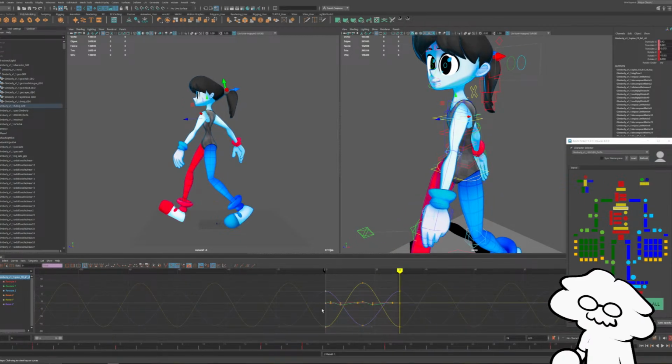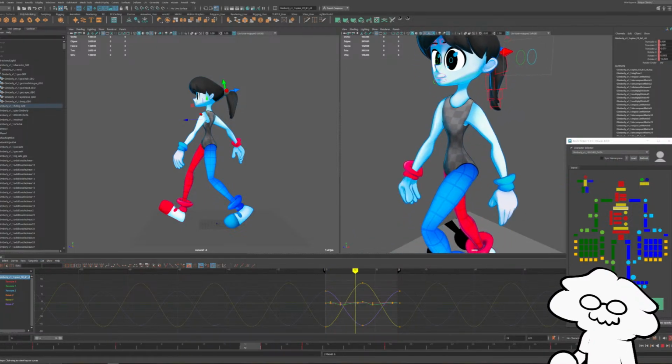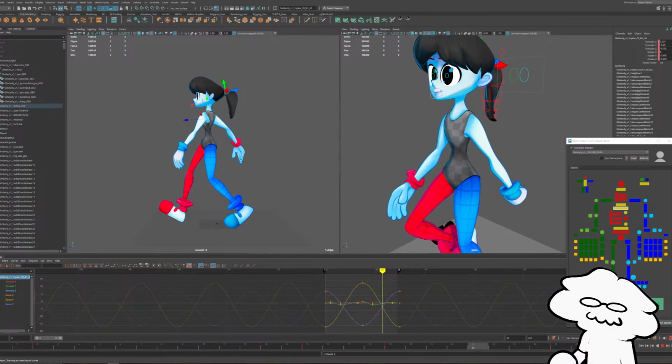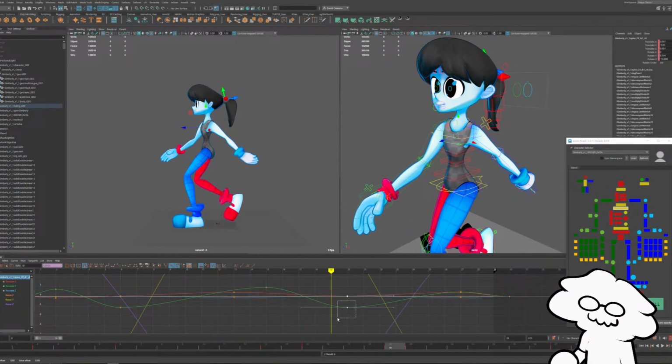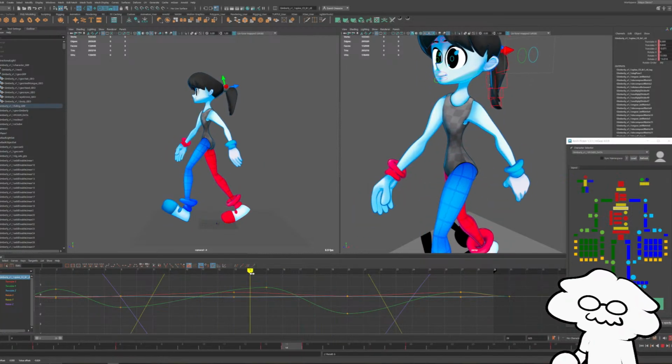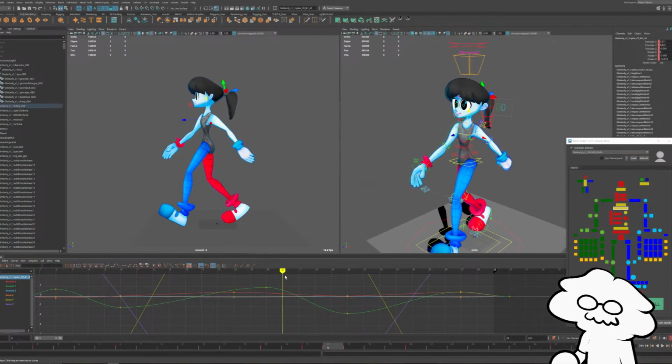Copy our keys over from frame 0 to frame 30. And then we'll move this over and push the torso or upper body down as the step is taken.